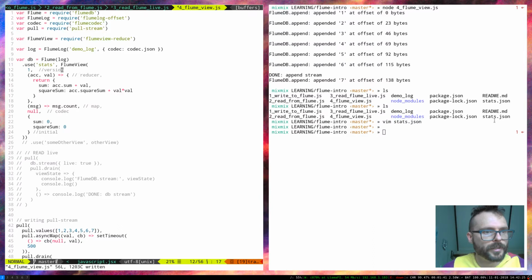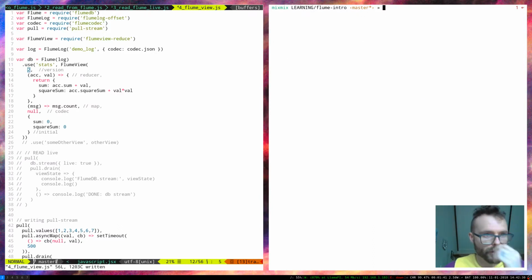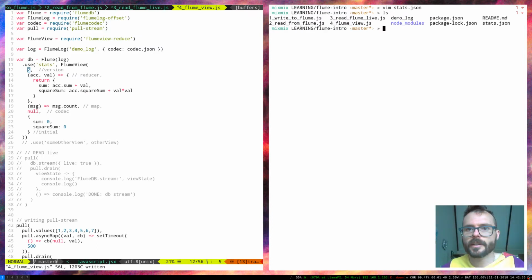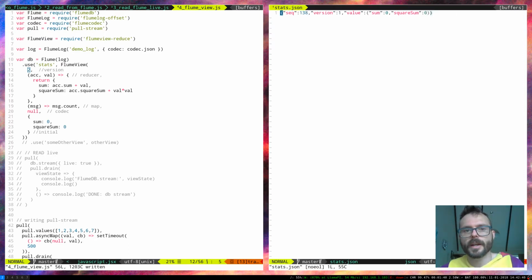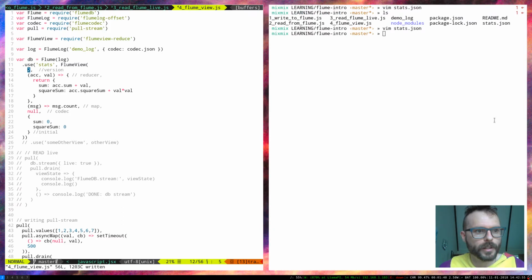I probably need to bump the version now, or change the version, because you'll notice in the stats.json, there is a sequence number. This is the view keeping track of how many of the messages it's processed, so it doesn't need to reprocess them all every time you start an app up. So anytime there's a new message, it would bump that number. So if I left it at 1,